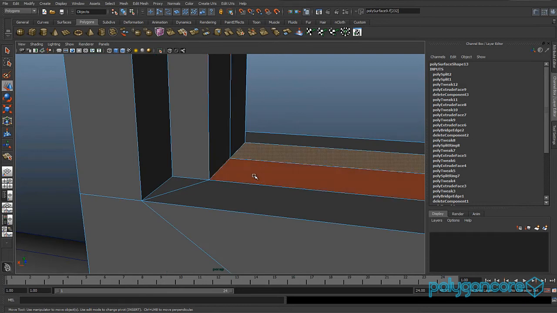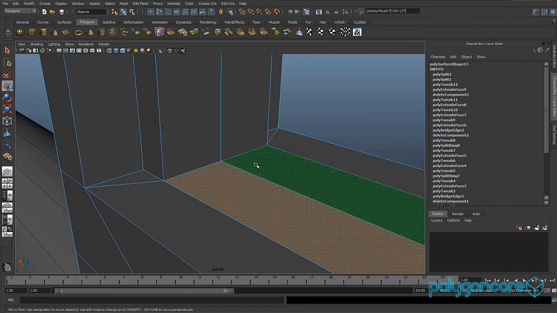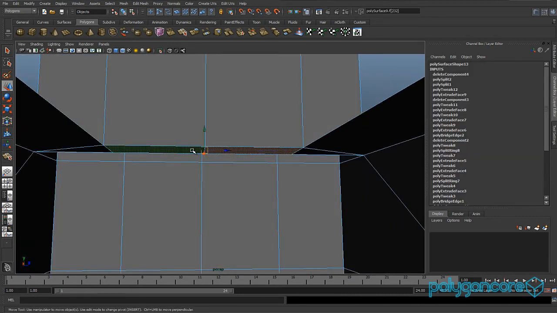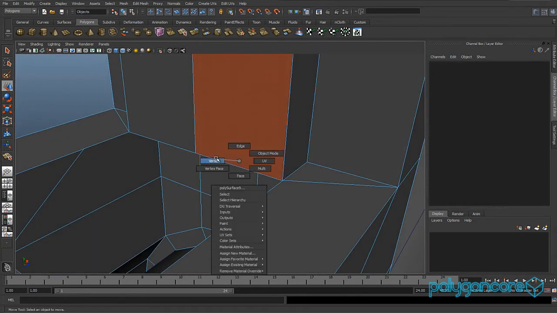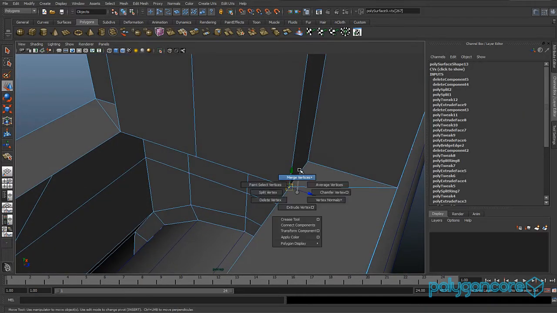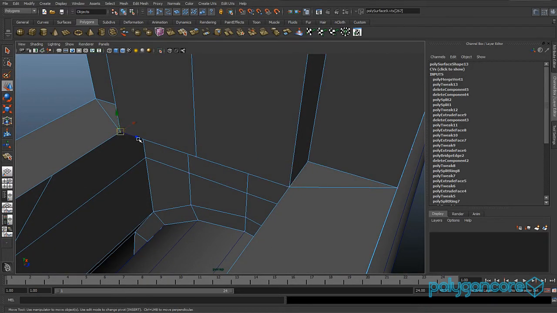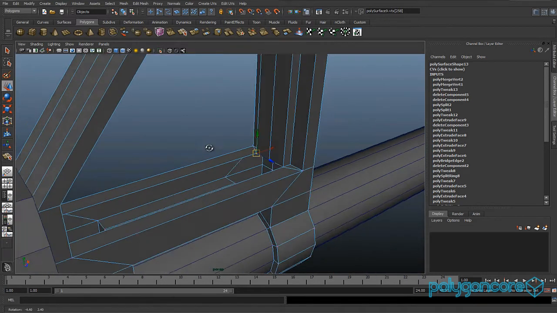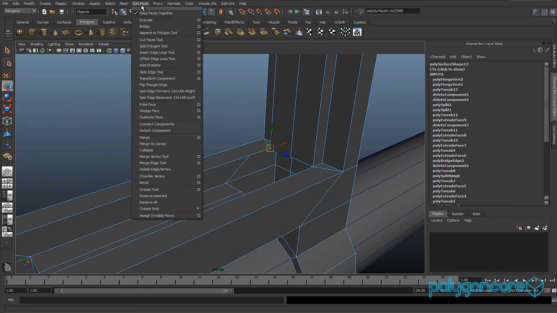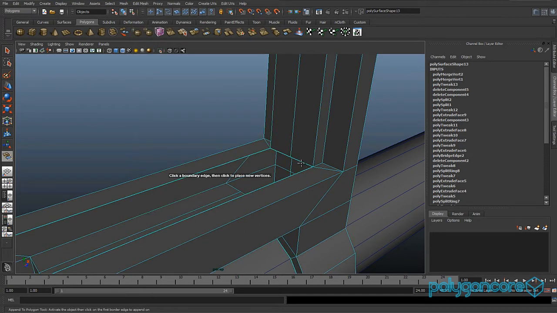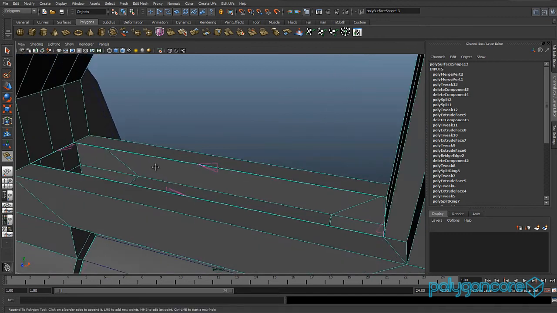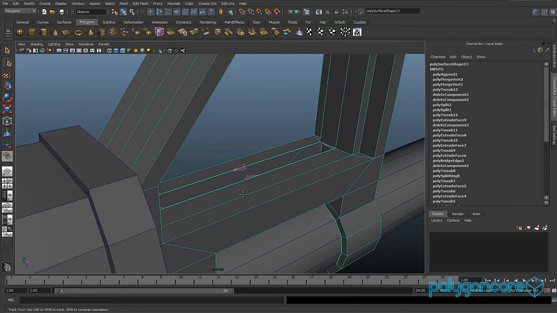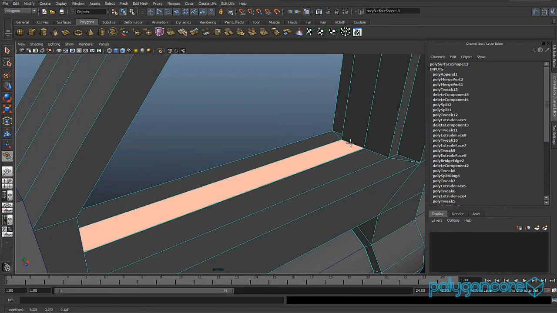And now you want to select the bottom faces and delete them, and select these two bottom faces as well and delete these. And you want to select these vertexes and just merge them together, and do the same on the other side if you didn't. Now append poly and click this edge to this edge, and this edge to this edge,